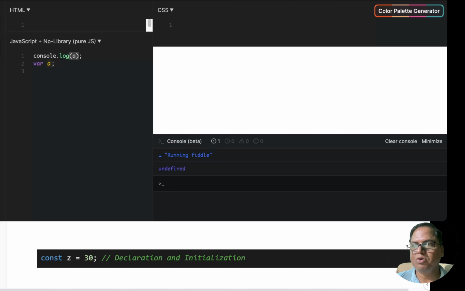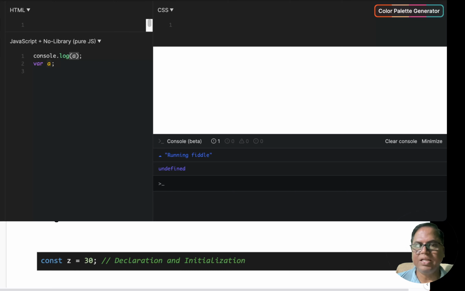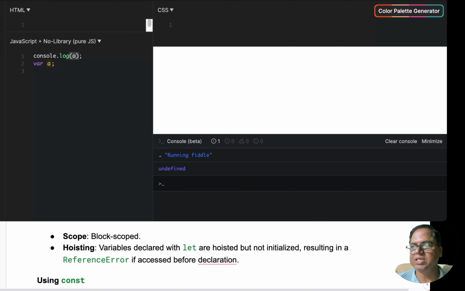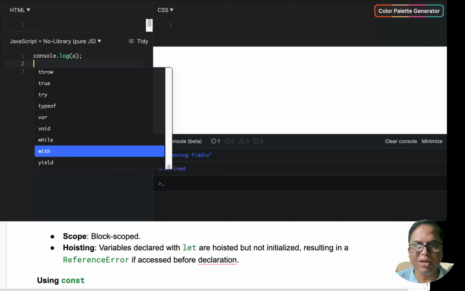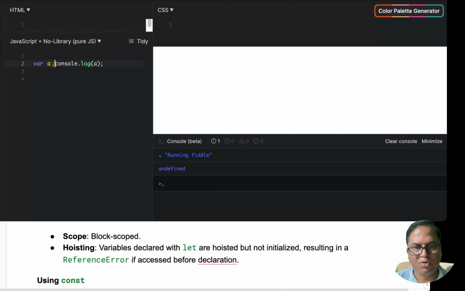Okay, so variables declared with var are hoisted to the top of the scope. In whichever scope it is declared, it will move to the top of that scope. Means you have written it in the second line, but it will automatically move to the top line. Okay, you think of it in this way. But let us do the same thing with let